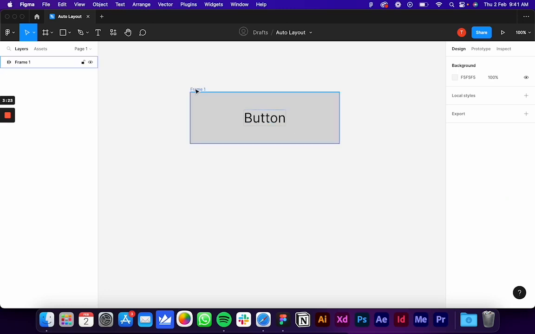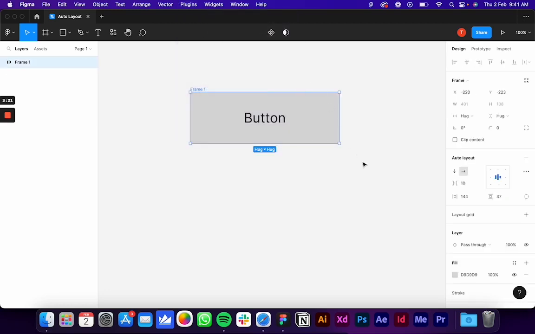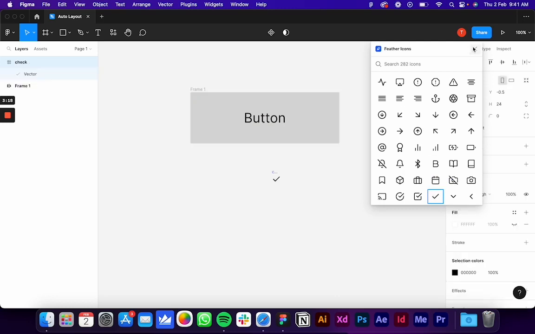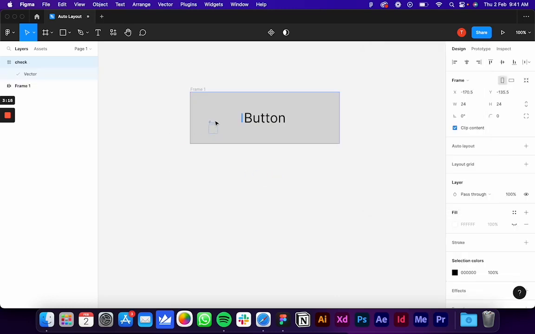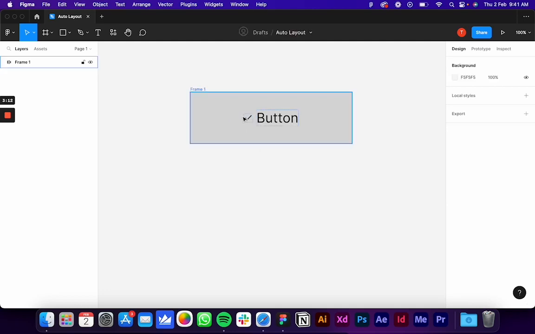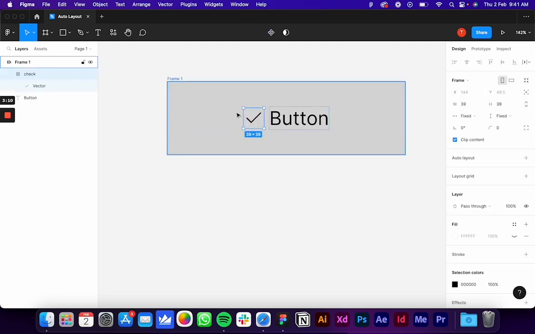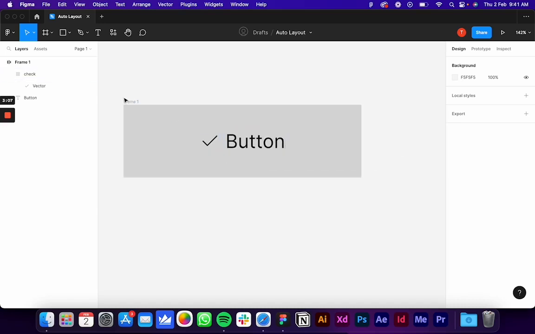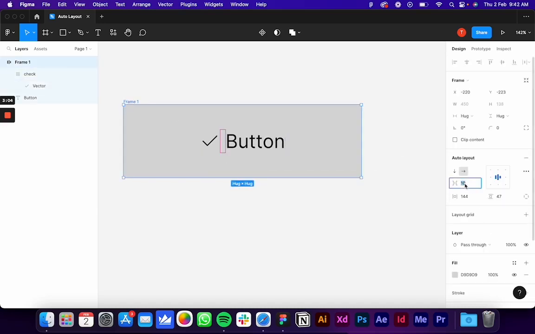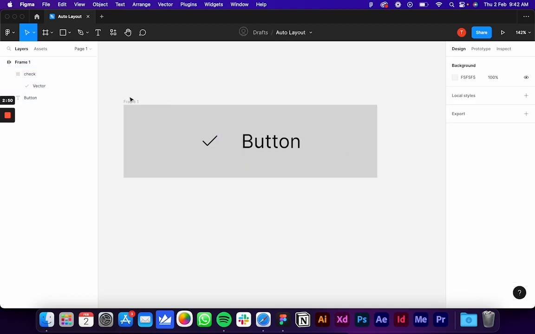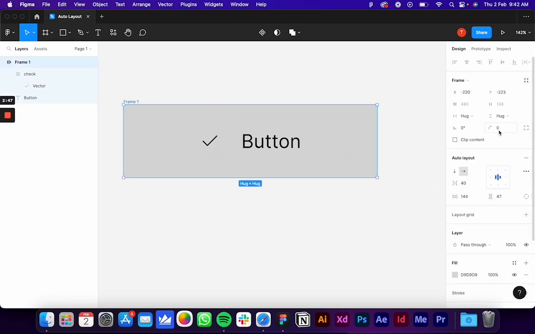Let's move on. Let's add one icon to this button. I just use one plugin. You just need to drag and drop this icon within this frame, and once it's dragged and dropped, I'll just increase the size, and now within this property you can see there's spacing between items. Again, you can increase it, you can type it, you can press shift and the up arrow key to increase the spacing between the items. Now with this frame we can even make this frame more rounded, and let's